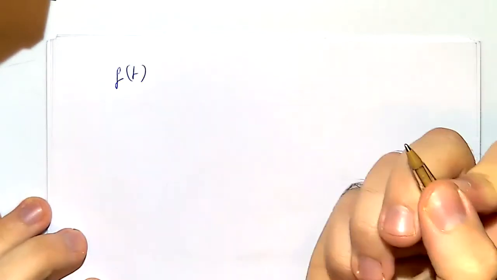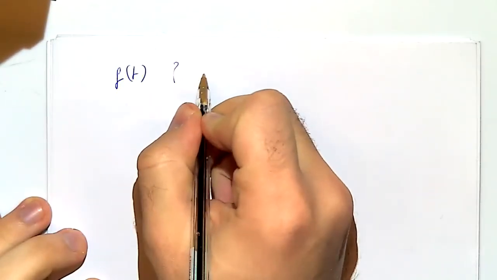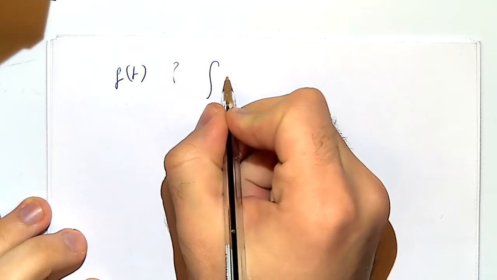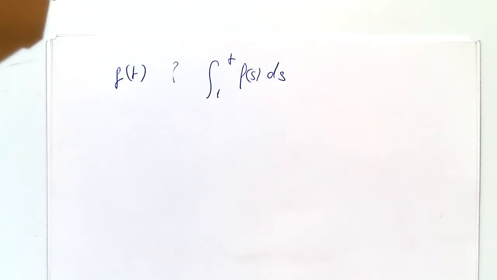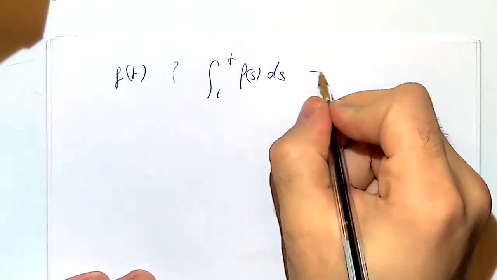So I guess first of all, what is f of t? What is f of t, and basically how does it translate into the integral from 1 to t of f(s) ds? Okay, and this has been a problem, and it caused trouble in N3, where people had, this is from seminar 2, from assignment 2,